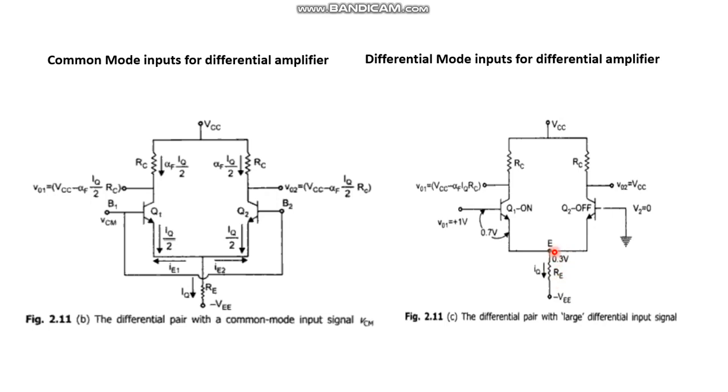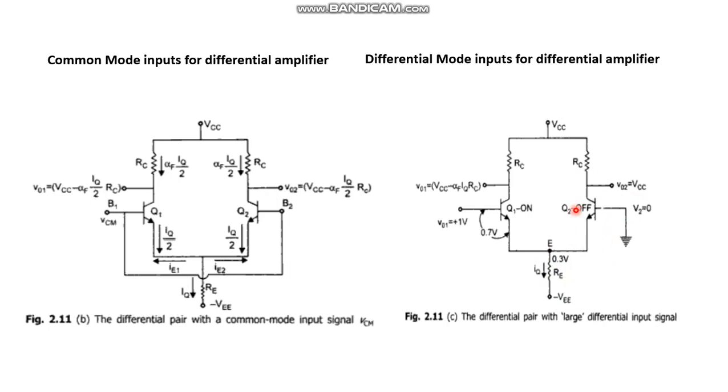And here 0.3 volt at this point. That is, 0.7 volt appears here, which means the remaining 0.3 appears here, as 1 volt is given at the input and the transistor is in the on condition. Base emitter voltage is 0.7 volt. And this is 0.3, and here this is IQ minus VCC into R.